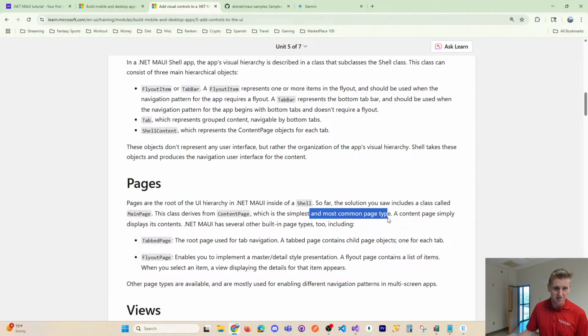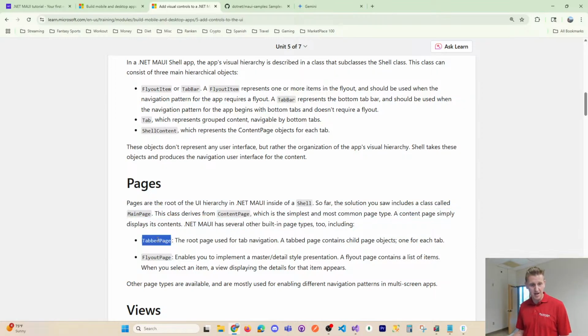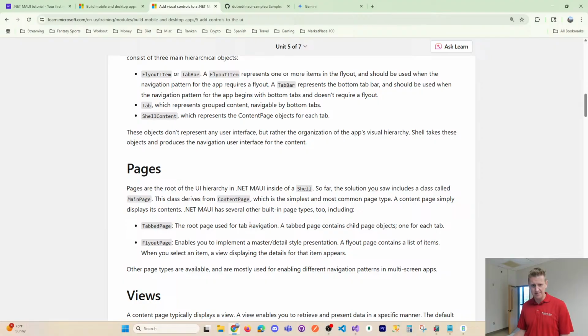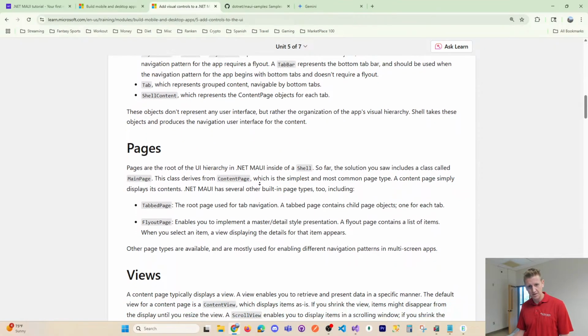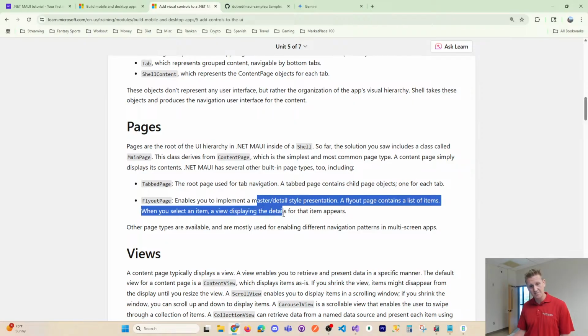A content page simply displays content. .NET MAUI has other page types: tabbed page for tab navigation, and flyout page, a master-detail style presentation. A flyout page contains a list of items. When you select an item,